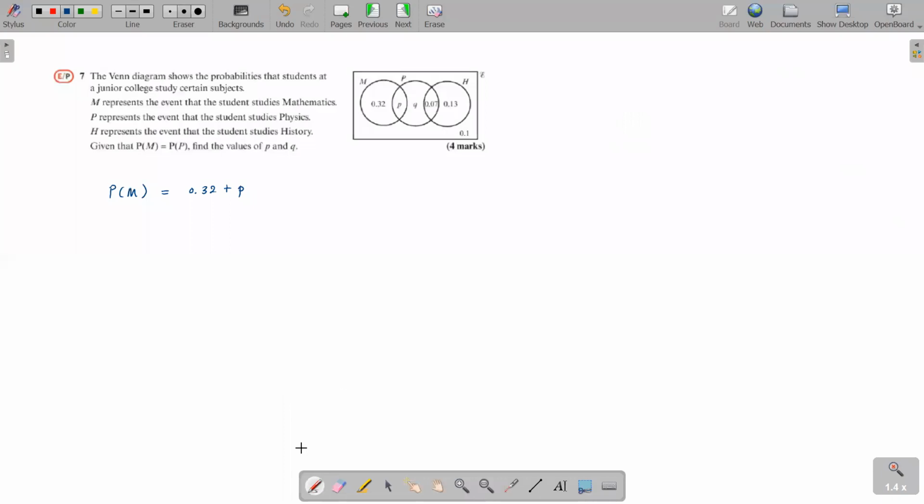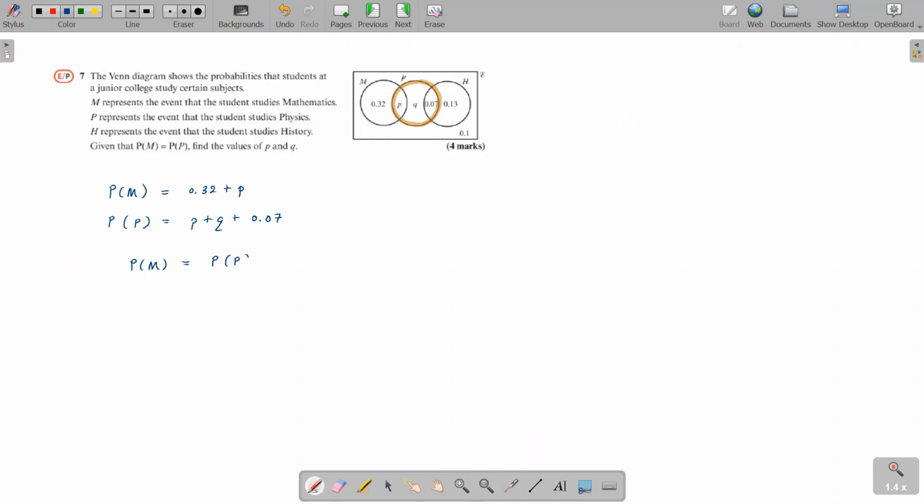Are you with me? Okay, then let's get the probability of physics. What's the probability of physics? So you add all of these. Can you see? So you add all of this. p plus q plus 0.07. Can you see p plus q plus 0.07? Because when it comes to physics, you add all the regions inside the P circle. So there are 3 regions inside the P circle. So probability of P is p plus q plus 0.07. Guys, do you agree? And then all you got to do is